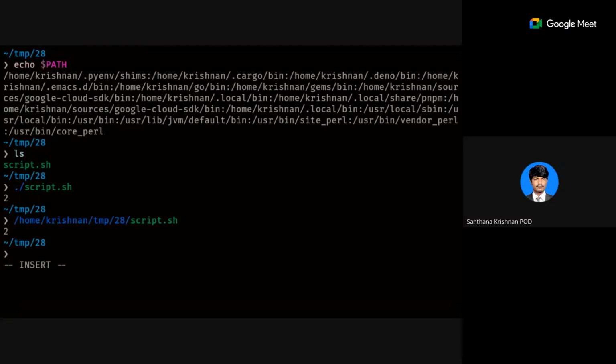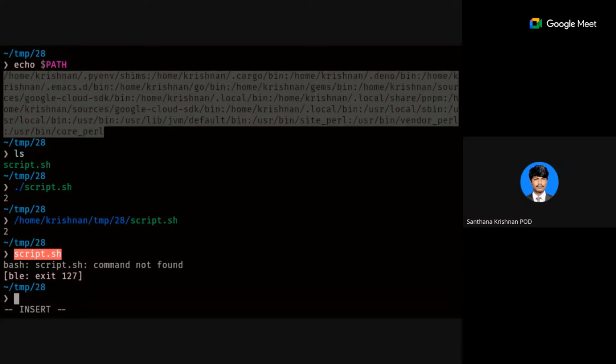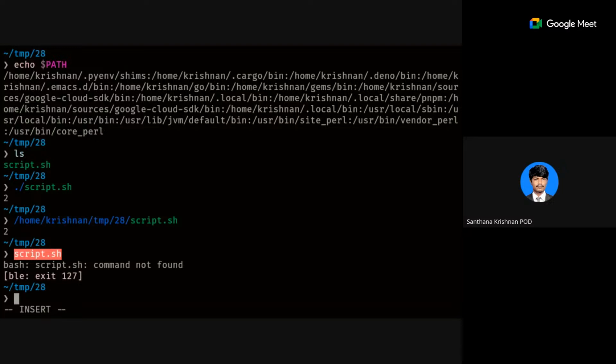So let's say I want to run the script.sh by simply typing script.sh. In that case, there are two ways. The condition is simple. You are seeing this path variable, right? These are directories. Whatever is inside these directories need not be commands. It can be a Python script or whatever executables. Whatever files have the execute permission inside these directories, you can execute directly with a simple name.